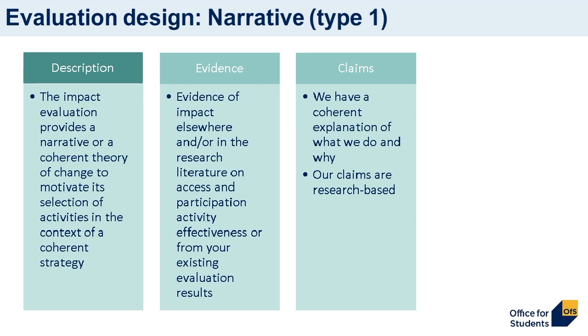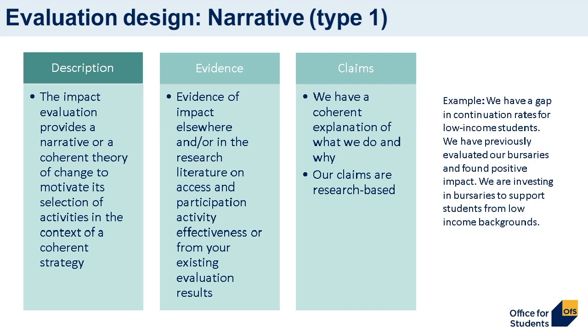And the research has set out 3 different types of evaluation practice, so very high-level types, starting with narrative. So this is where a provider has a clear narrative for why it's chosen a particular activity and has a clear strategy for what change it is trying to make. So an example might be that there's very strong evidence that a particular intervention works in a similar context, and a provider has chosen to implement it in their own context. And that would be a fairly basic example, but it would be one that would be acceptable.